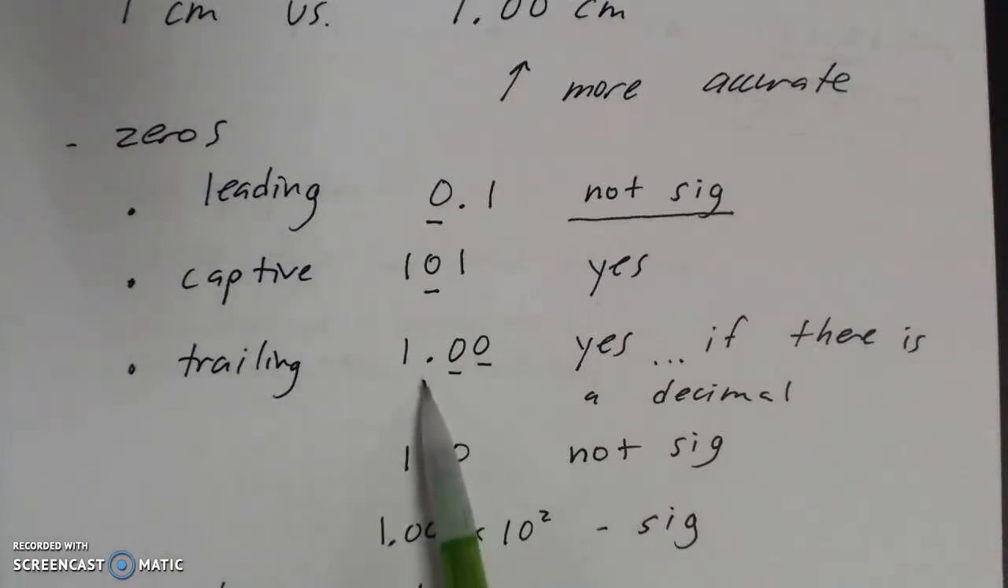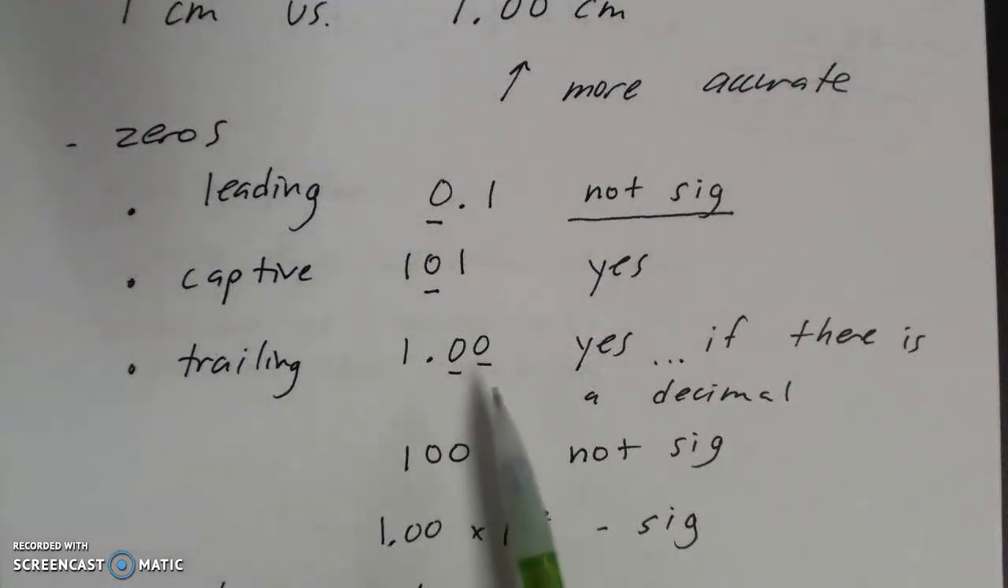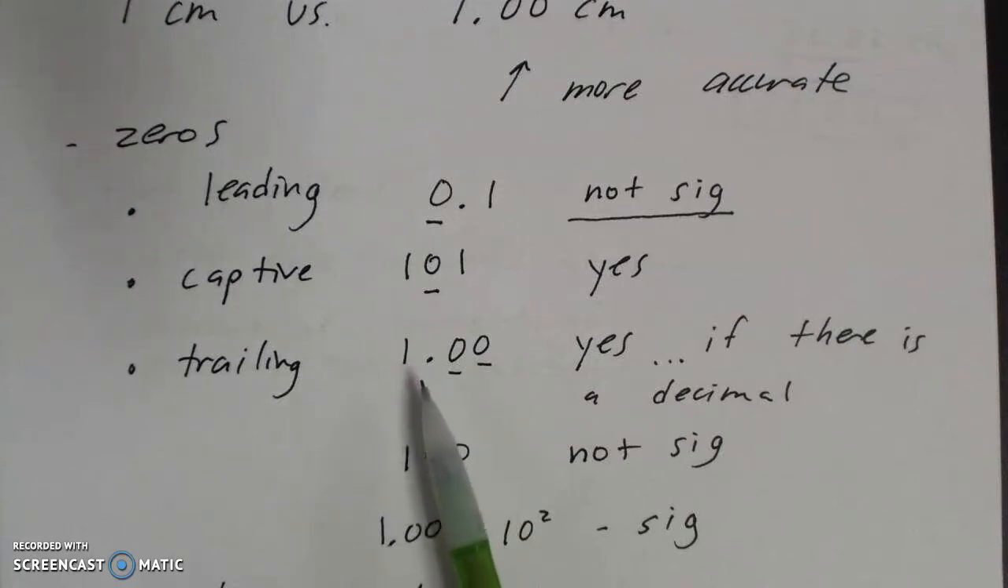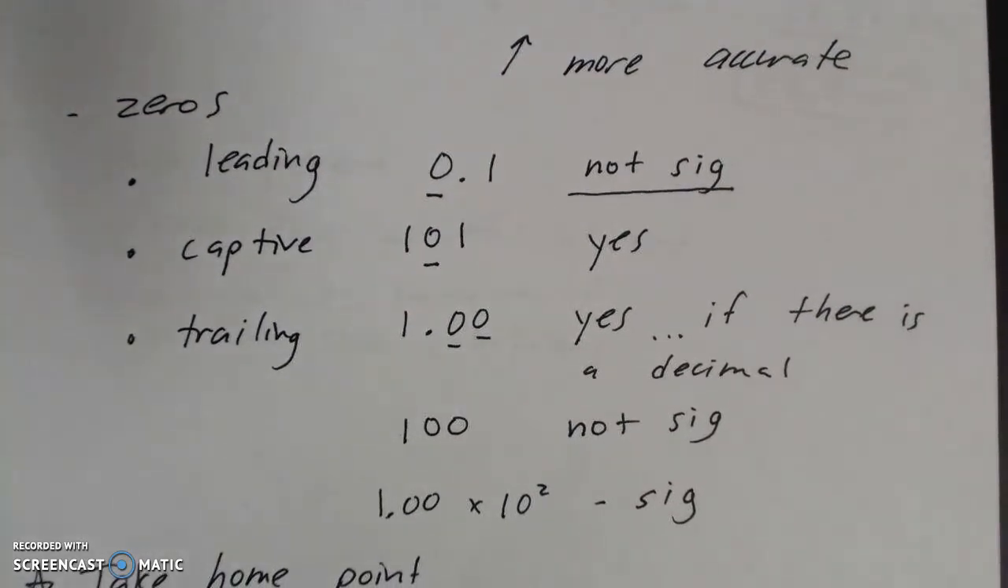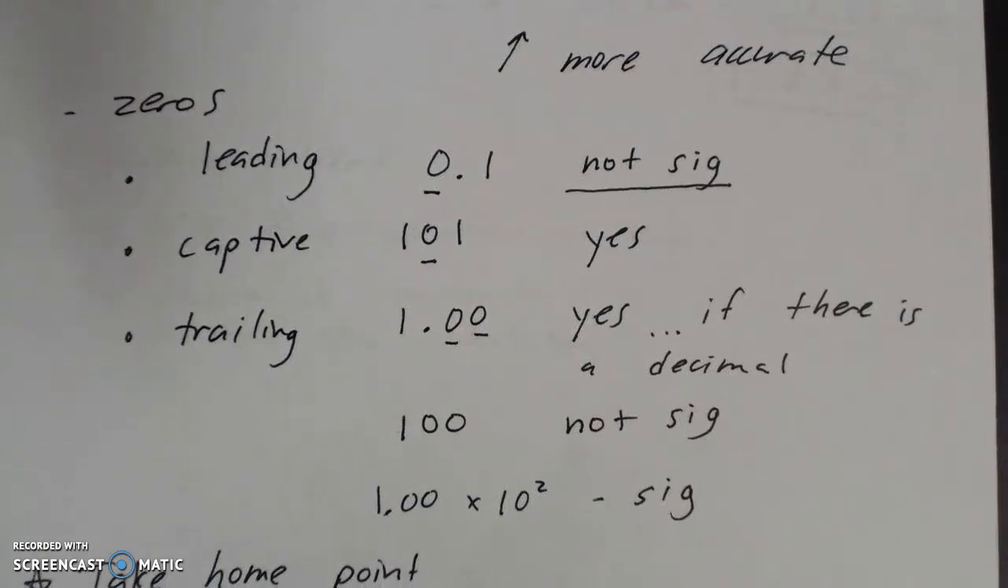If I have a decimal here, like in the number 1.00, both of those zeros are considered significant. The reason is because there's a decimal point in this number. If I don't put a decimal point in the number and I write just the number 100, those two zeros are not significant. They're placeholders. And what I can do if I have the number 100 and I want to say, yeah, this is really accurate, and not just have, like in this number, only one significant figure,